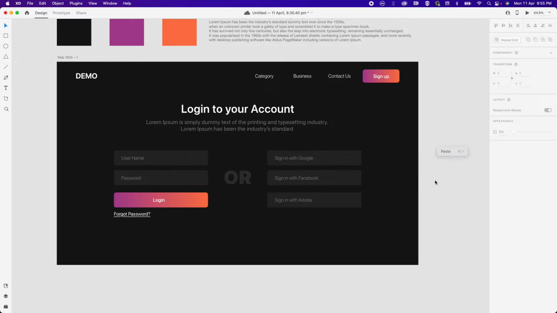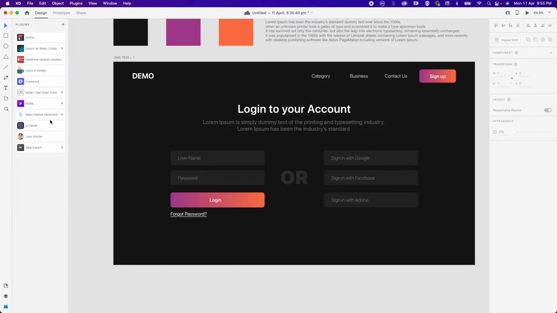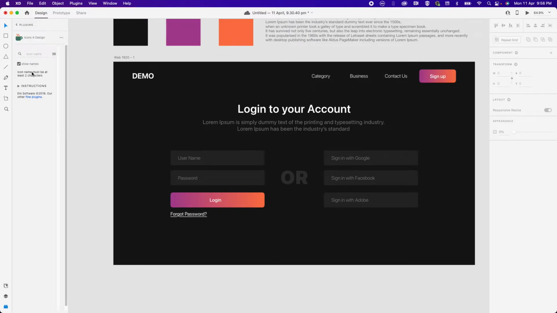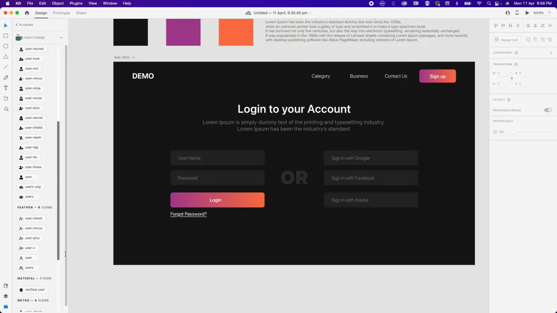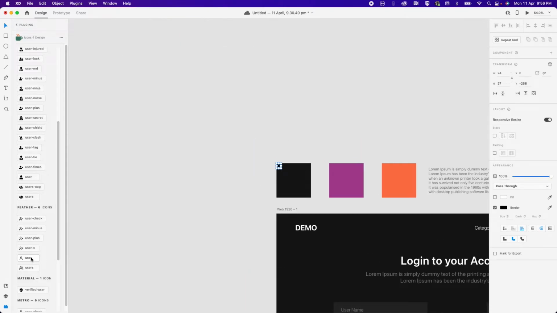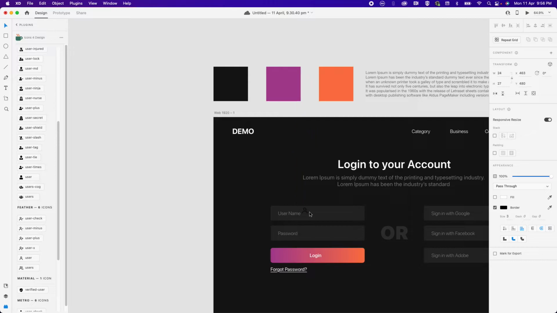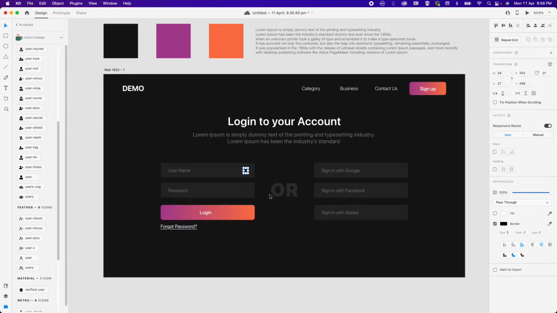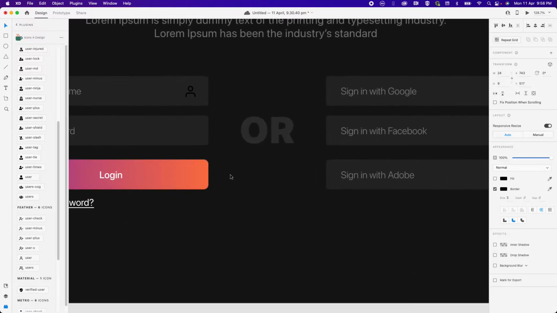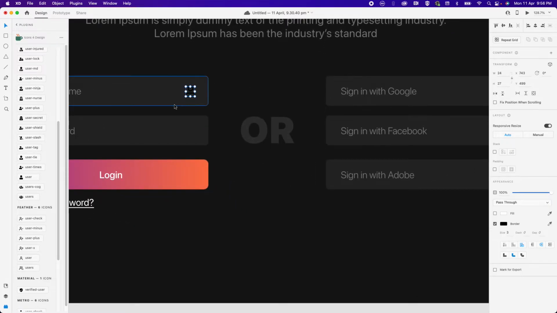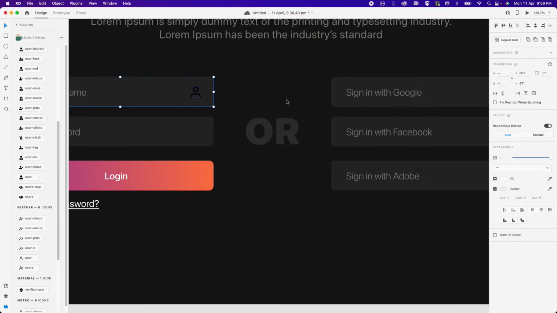Now we'll try adding some icons. So I have a plugin called icons for design. இது வந்து Adobe XD plugin. So இதில் வந்து we'll search for some icon. One is user. We'll try using some line icons. I am good with this. Ungroup பண்ணுங்க. Fortunately இது ungroup ஆயிடுச்சு. So let's group it again, align, and